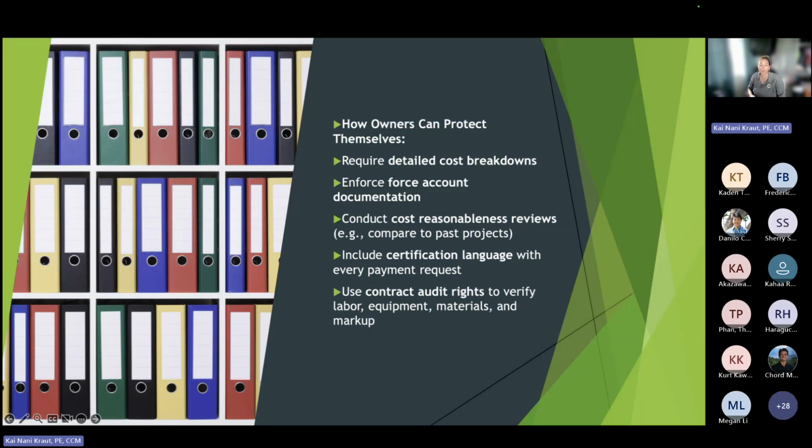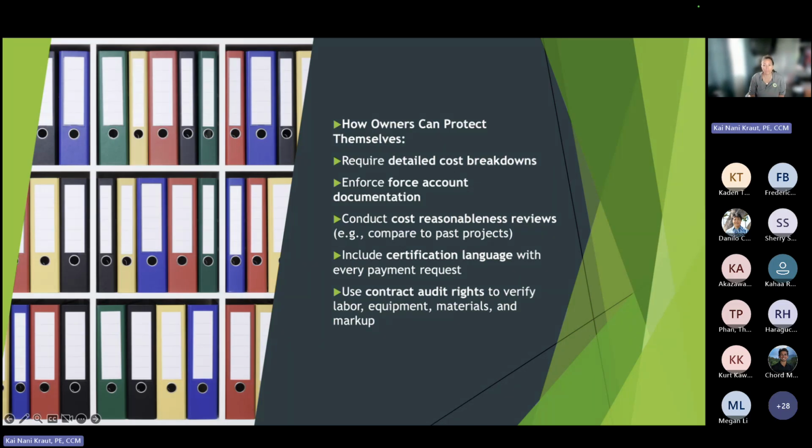Okay, so how do owners protect themselves? Require detailed breakdowns. Again, the contract says whatever the engineer wants, the contractor shall give you. So if you need a breakdown, if you want to see other costs, they can't deny it. And if they do deny it, then you can deny their claim as not reasonable. Again, provide that review, including the certification language. That's why we have to put those certifications on the bottom of our documents, because if it's found that they're lying later, then we can go after them under false claims or actually